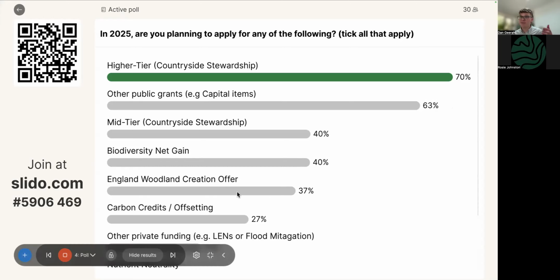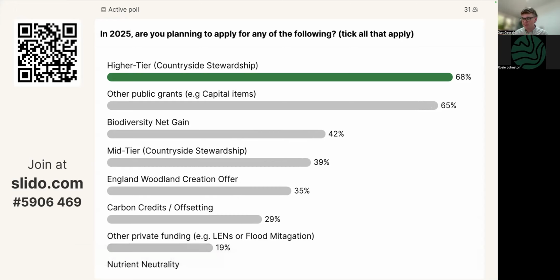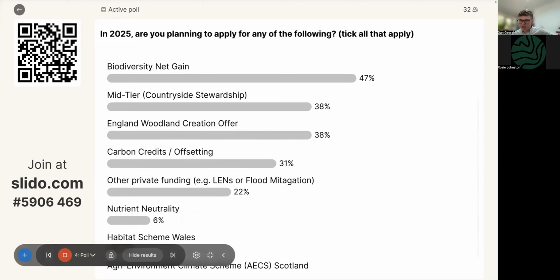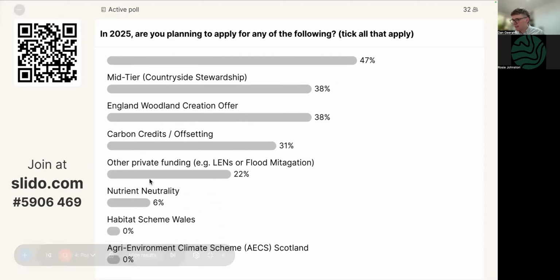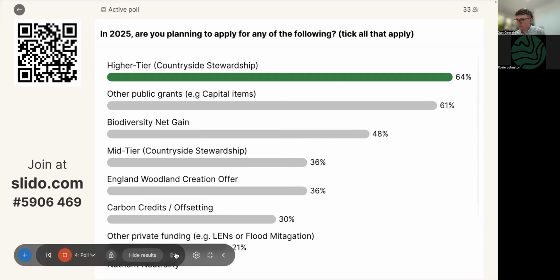Okay, great. So higher tier, great. So that's the most popular of the options, and it's the one that I'm going to be demonstrating first. So that's good. And I will tie it to some of the capital items scheme as well during the demo. And then my second demo will cover things like biodiversity net gain. It won't be specifically for net gain, but it'll be demonstrating how you get a plan in place ready for net gain if you're interested in that. And also it'll be covering carbon credit, private funding type plans. Okay, so yeah, very much focused on the grants, and I think our demo is following this line.